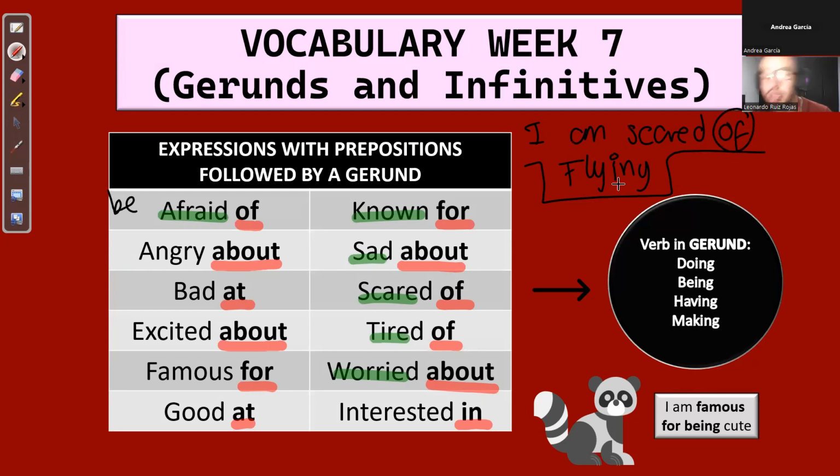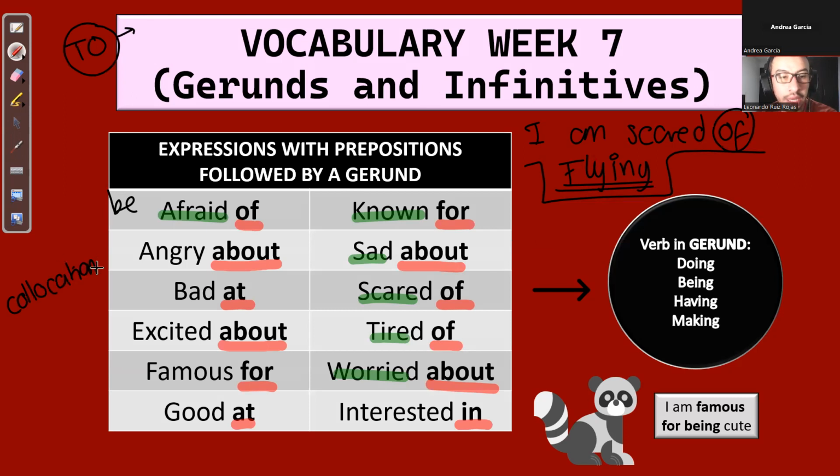So after preposition, the verb is always going to be in gerund, yes? Mira que todas estas preposiciones terminan en preposición. Preposition of, about, at, about, for, by, also. So all of them are going to be followed by a gerund sentence, right? Specifically, la única preposición that is not followed by gerund, it's to. Es la única que está seguida por infinitive. Afraid always with of, hungry always with about.